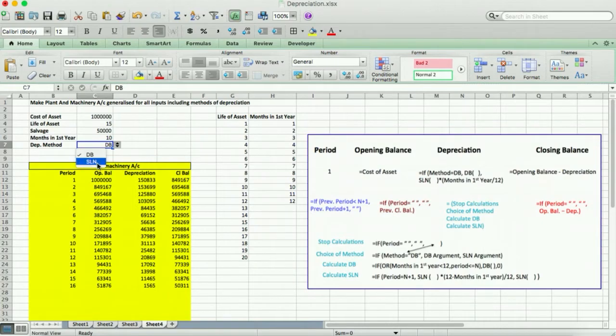This I have typed in by going to data validation, allow, list, and I typed it in, right? So, this is the question. Now we are required to make a plant and machinery account which is generalized for all inputs including the methods of depreciation. I've told you this before also, that whenever you're required to make a fixed asset account,